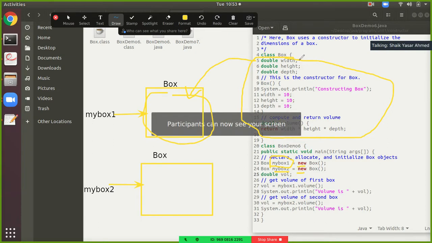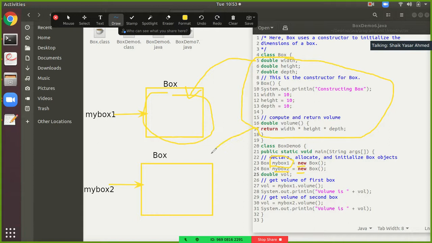Whatever is there in class Box, the same thing will be provided with another memory that is allocated for mybox2. So mybox1 will have a separate copy of class Box, and mybox2 also will have a separate copy of class Box. Students, please keep in your mind, this is what is actually going to happen with line number 23 and 24.